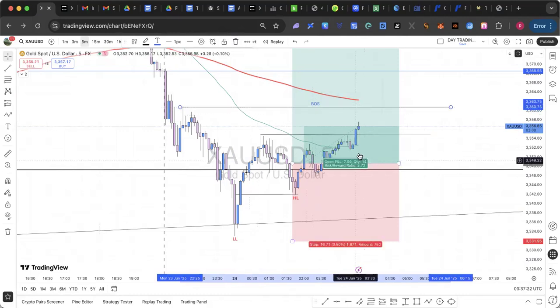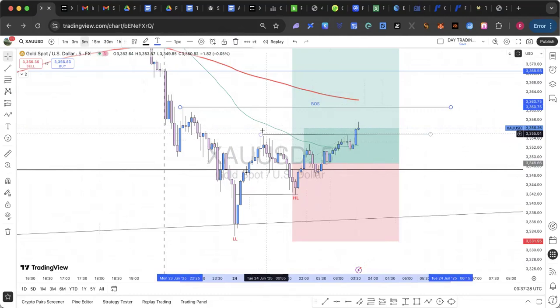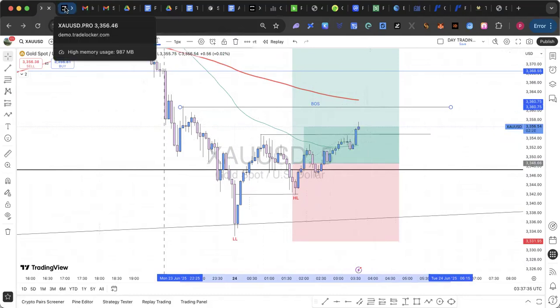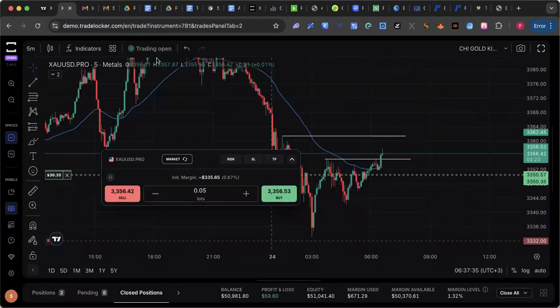Now, you see that the market now has crossed your 50 moving average, but you are not yet through. However, we have the first body close of this. So you want to have continuation. And that's why if you look at the trade I took now on this, let's see how much. It's about $60 right now, because I just took small position, 0.05, 0.05 in two places. It's about $60 right now, 50 something dollars, 60 something dollars.